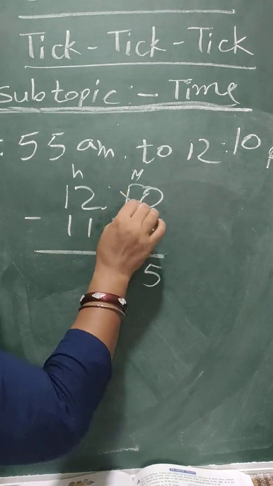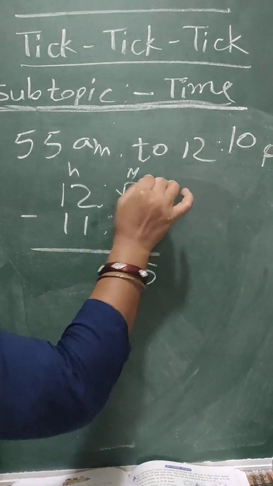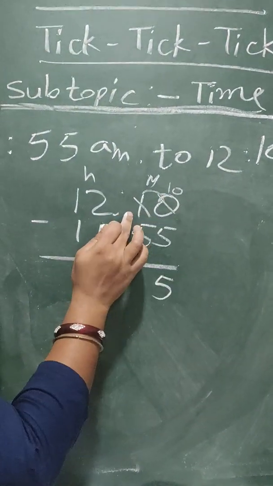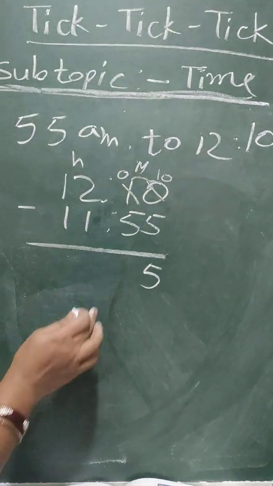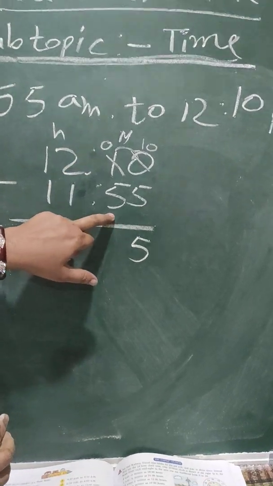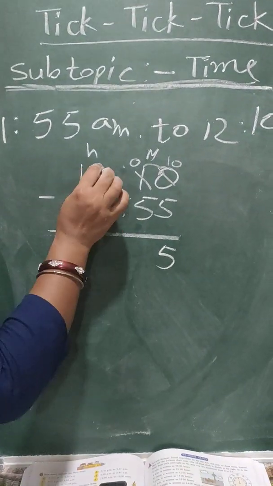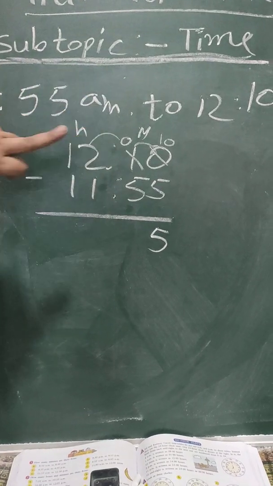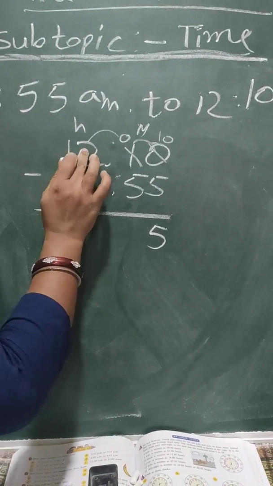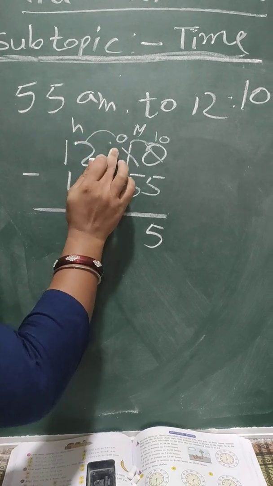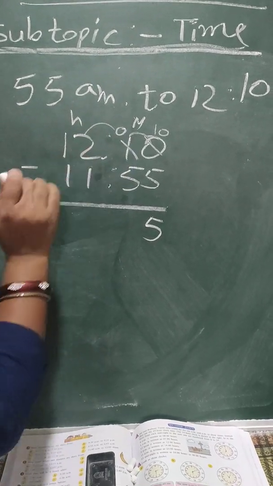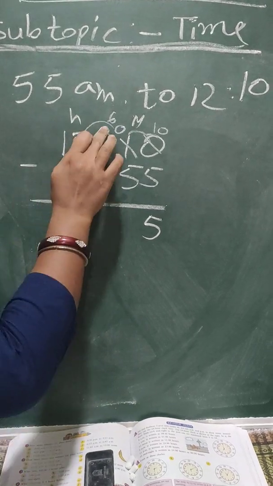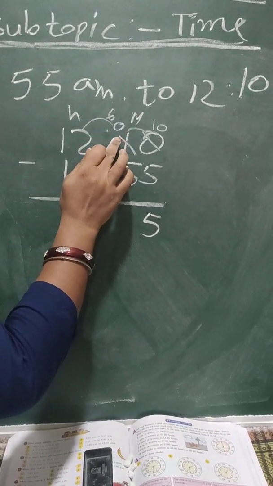Now here it becomes, you took here means 10, it's now he 1 he has given to 1 here, so it becomes 0 now. 0 minus 5 is not possible again. What to do here? We have to borrow from our hand. Whenever we borrow from our hand, I told before this question, what we will take? 60 minutes. So means 6. We will take 6 because 60 minutes we are taking here.